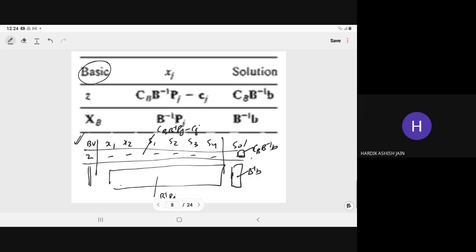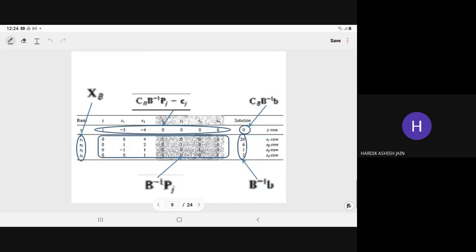So whatever the round-off error you incur, that will be in computing the B inverse. That will not propagate to the following iteration. That will end in the same iteration only, right? That will finish in the same iteration only. That will not propagate. So that is the advantage of the generalized simplex table in matrix form over the simplex algorithm. So that I have told you.